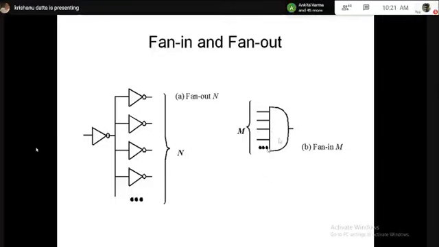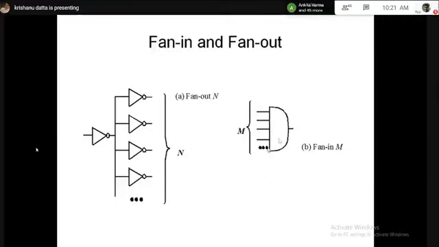The threshold criteria for calculating this delay is from the 50% point to the 50% point. That is the definition as per industry standard. It does not mean that every time we shall take the threshold 50 to 50, but for the majority of digital circuits, we take it 50 to 50. That is industry standard. Same way, when input falls and output rises, this delay is tP low to high, where you can see that output is now rising low to high. So this delay definition is the rise delay. The previous one was the fall delay. This one is the rise delay.